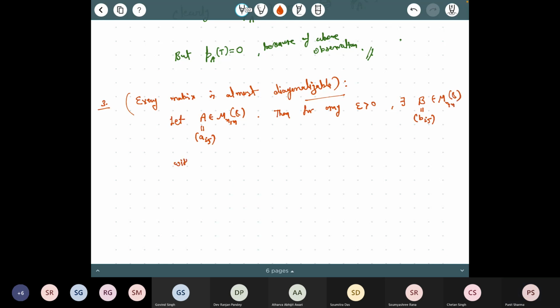I'm not only saying that every matrix is almost diagonalizable, I'm giving you more. You can always choose a matrix B such that all eigenvalues of B are distinct, with n distinct eigenvalues, such that